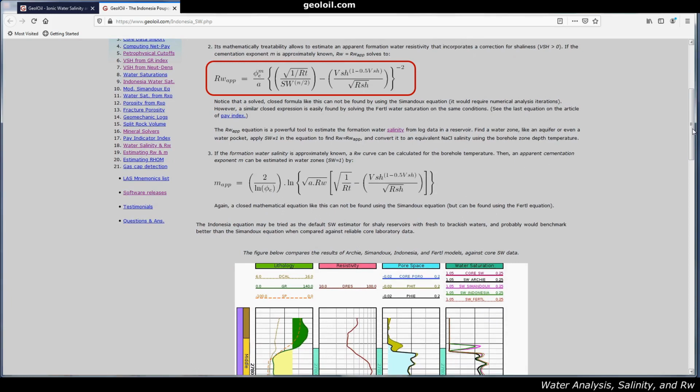This is the equation, so we can see how to compute the apparent water resistivity in partially clean rocks with some amount of shale. So this is an equation that allows some shale amount in the rock. That is important because seldom can you have a completely pure clean rock or clean sand. And those are the ideal cases where the Hingle equation works and the Pickett plot works. So we are going to use this.